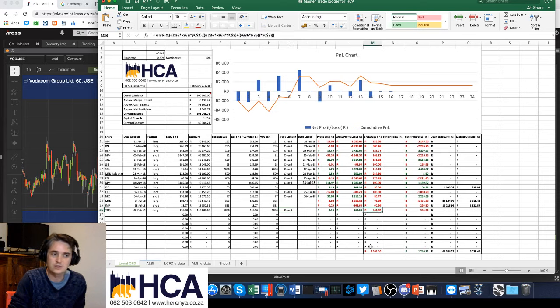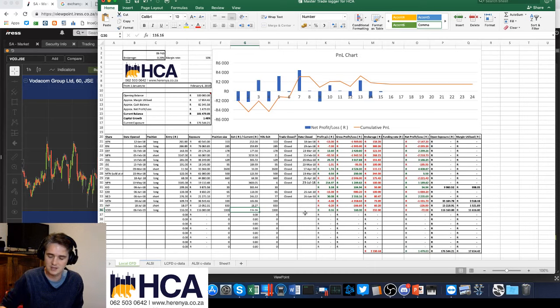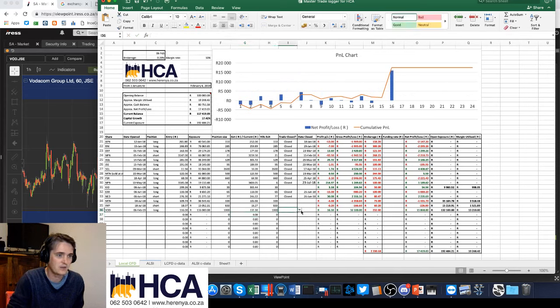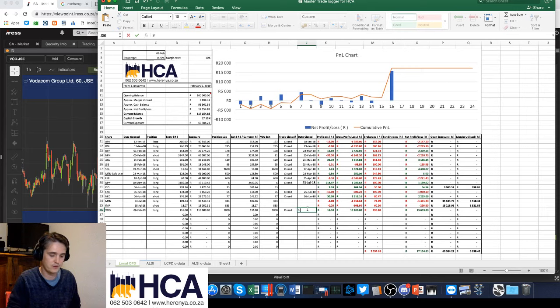One, you will see it will change the brokerage rate. It will immediately calculate that the brokerage has been paid on the leg out as well. But first we're going to say we are selling this at 132 Rand and 10 cents because we're amazing traders. We close the trade there, and we close this trade on like the 3rd of March